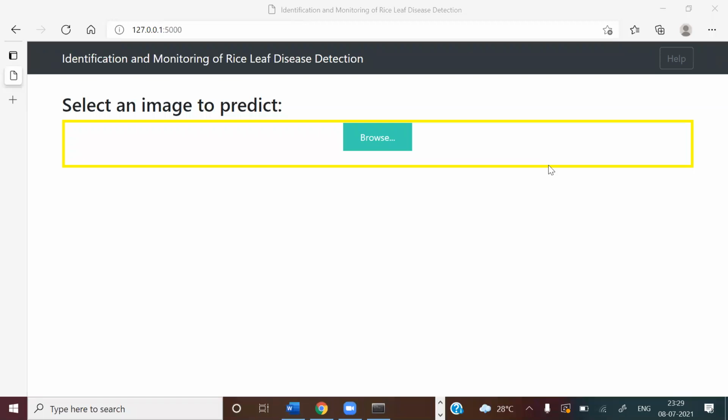So this is how our web page looks, and this is what will be visible to the user. To create this web page, we have used HTML, CSS, Bootstrap, and JSON.